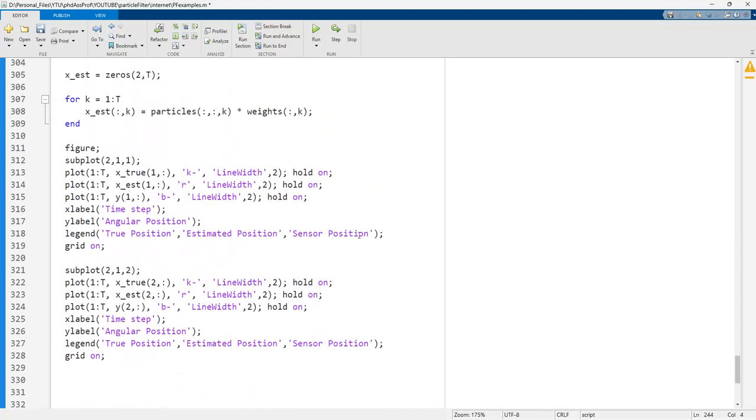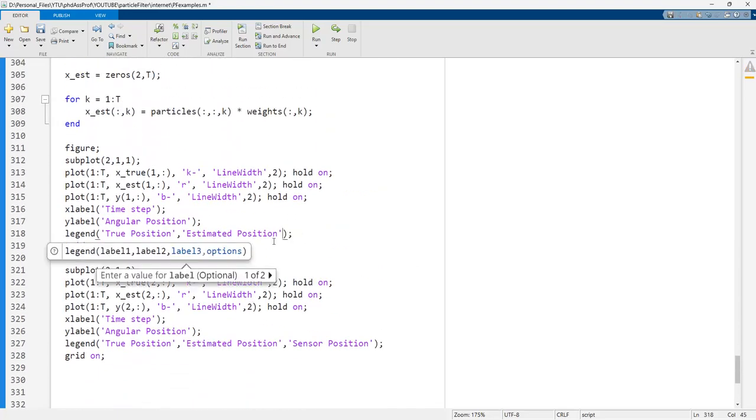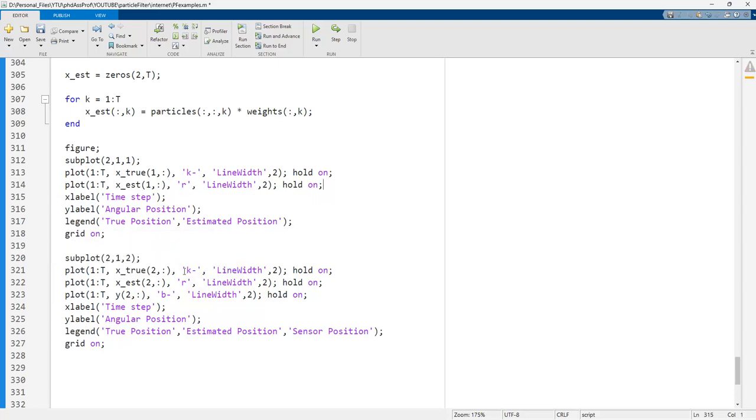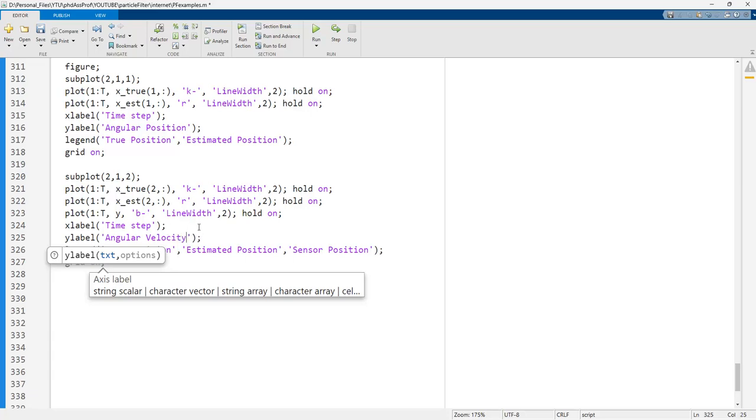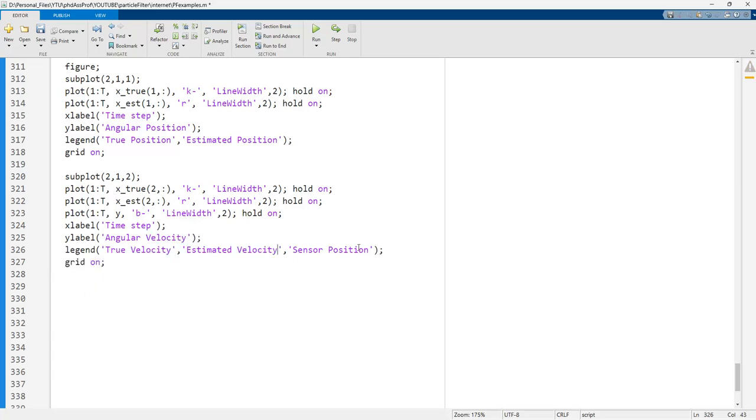Okay, and so first of all we cannot write this one, but this value can be given in here with the velocity value, because we have only one sensor to get the whole values of the velocity in a real-time application. Okay, xs true, x true, and y. Okay, so if I run this code,